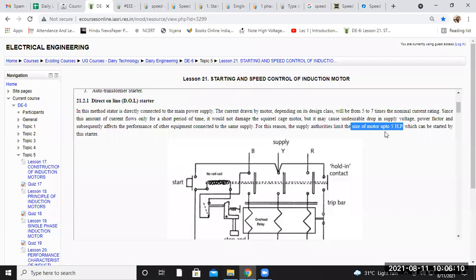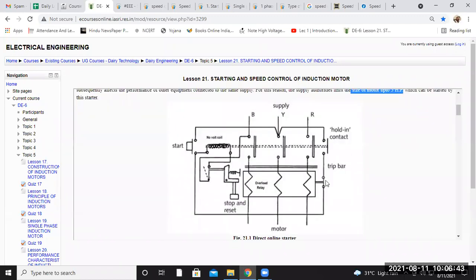But in the case of an induction motor, the rating of the machine is given in kilowatt or horsepower. As you know, kilowatt and horsepower are related by 746 watt. So accordingly, the load connected to the induction machine has a power factor related to the loss of the induction machine. That's why cos theta is involved. When you multiply VA by cos theta, that gives you the watt power. That's why we normally use kilowatt or horsepower in the rating of the induction machine.